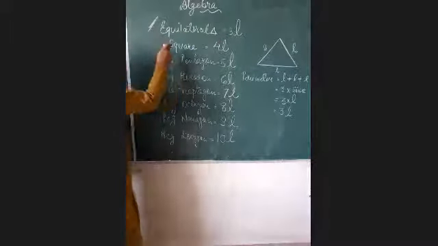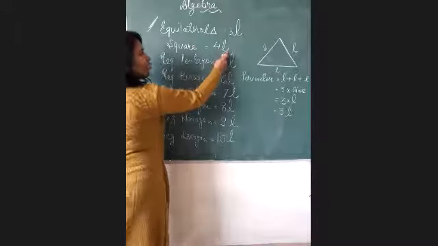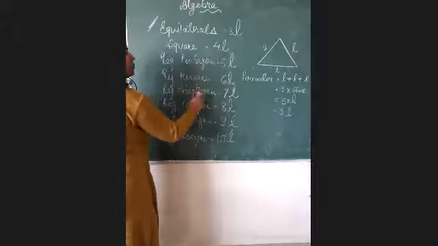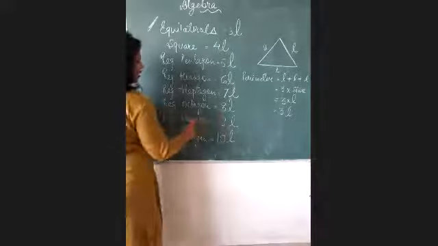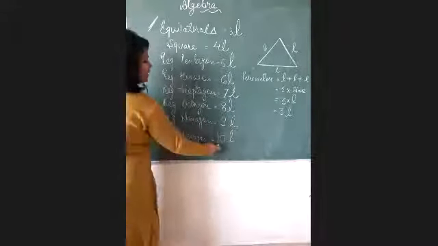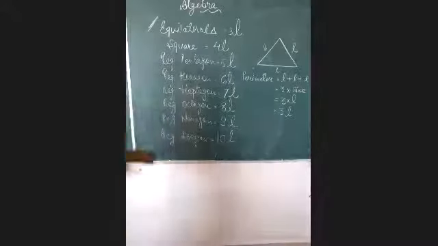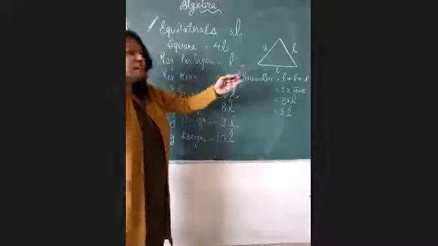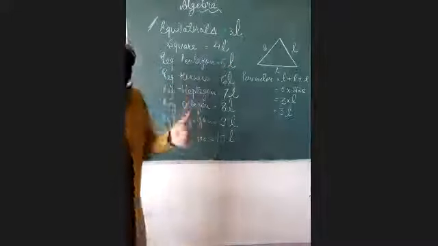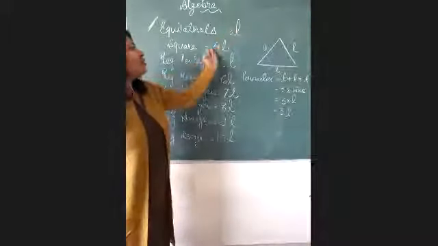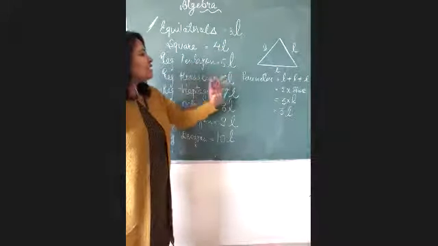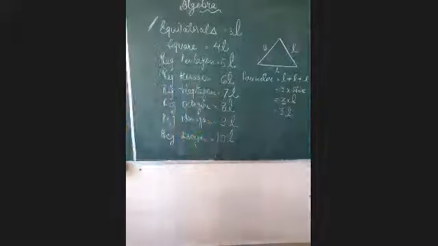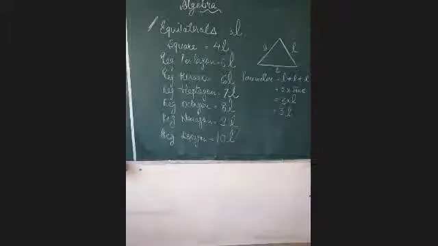The same thing if you talk about square, square will be now 4 into L, that is 4L. Pentagon 5 sides, so 5L. Hexagon 6L. Heptagon 7L. Octagon 8L. Nonagon 9L and decagon 10L. Suppose the length of each side will not be L, it would be S, then the whole formula will be in respect of S. Then the formula will become 3S, 4S, 5S, 6S, 7S, 8S, 9S and 10S, just according to the question given to us.